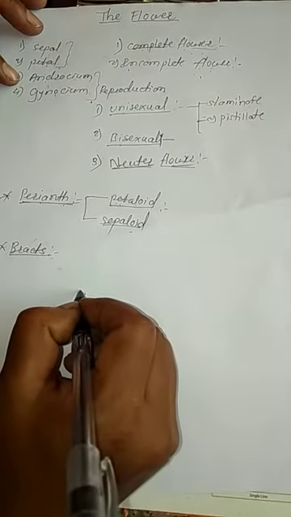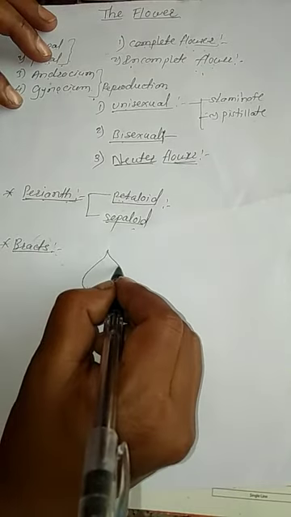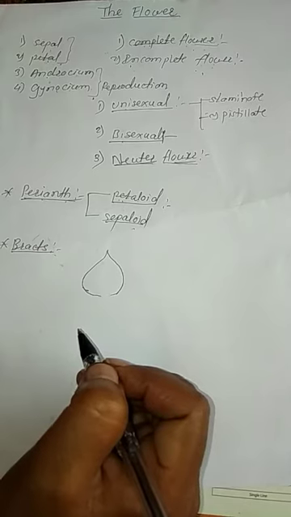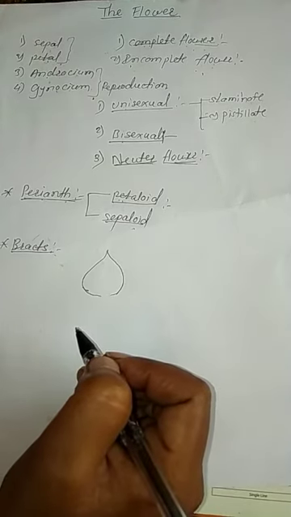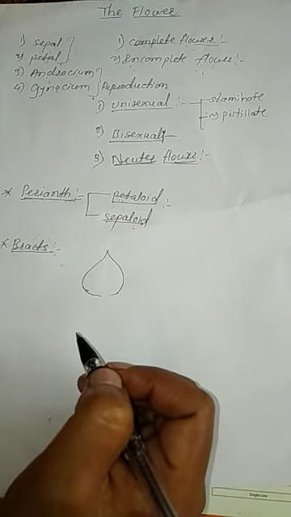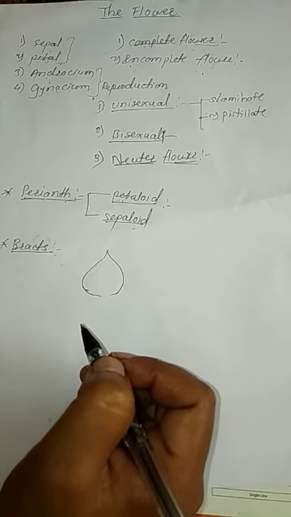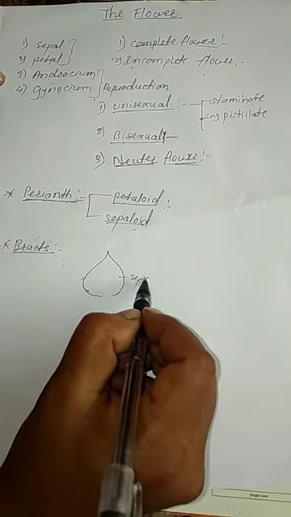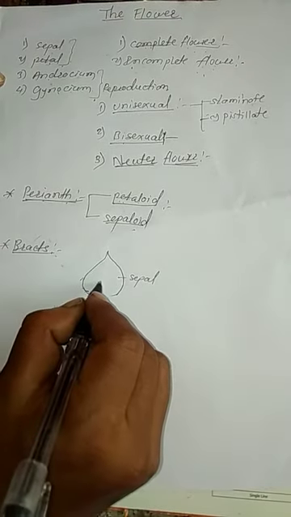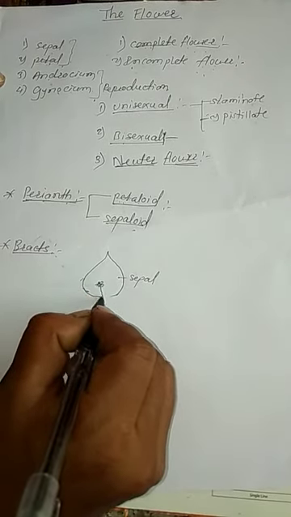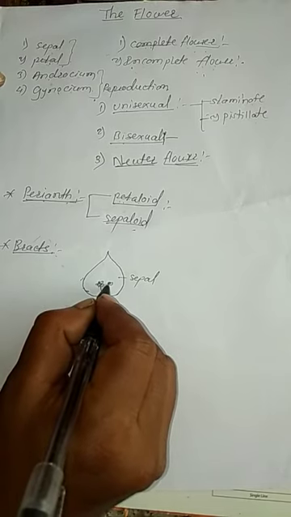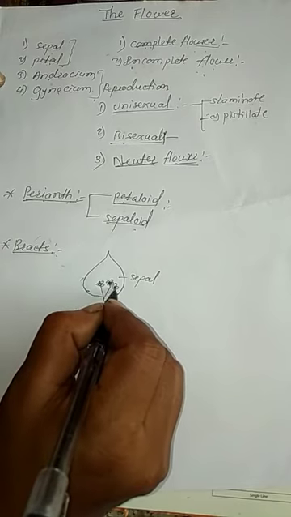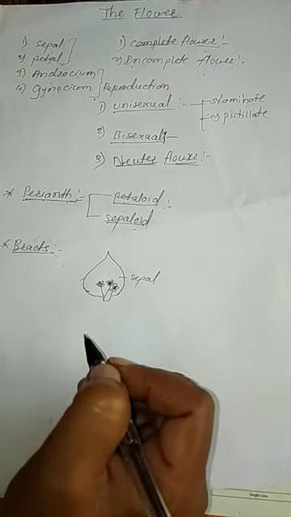See, this is the sepal. It is a good example of bougainvillea. Maybe you have seen the bougainvillea plant. In the flower, the sepal is pink in color. This is the sepal. The sepal has a pink color, and small flowers arise in the sepal. This is called the bract. And a good example of bract is the bougainvillea.